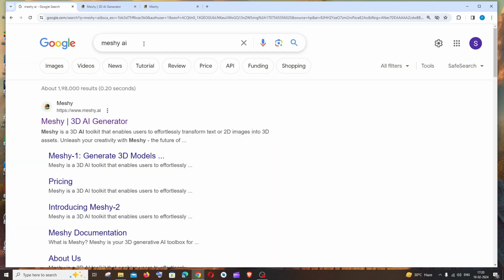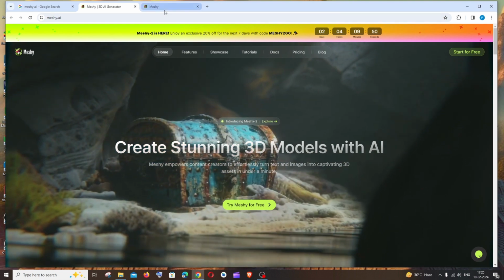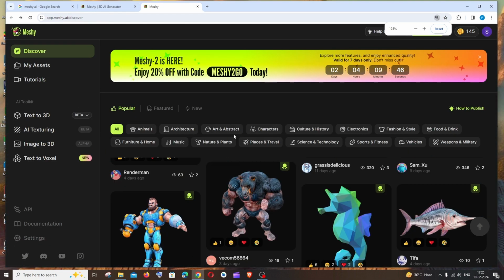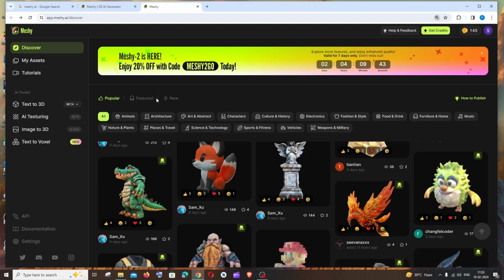So first thing, just Google it. Obviously you'll be getting the first link, and you can sign in with your Gmail or Google account, so that's up to you. And you'll be getting an interface like this, and here they have quite a few options such